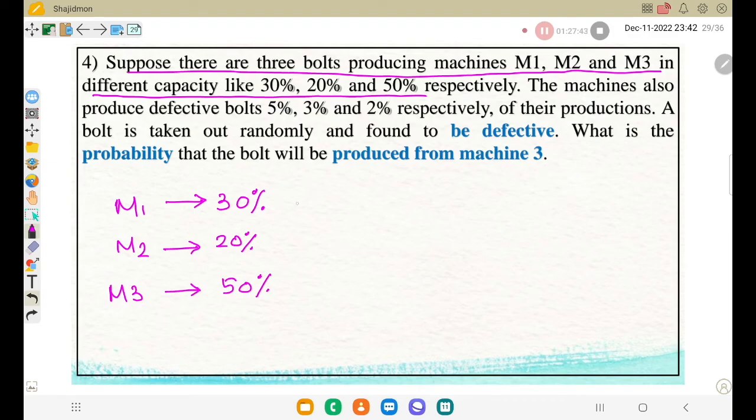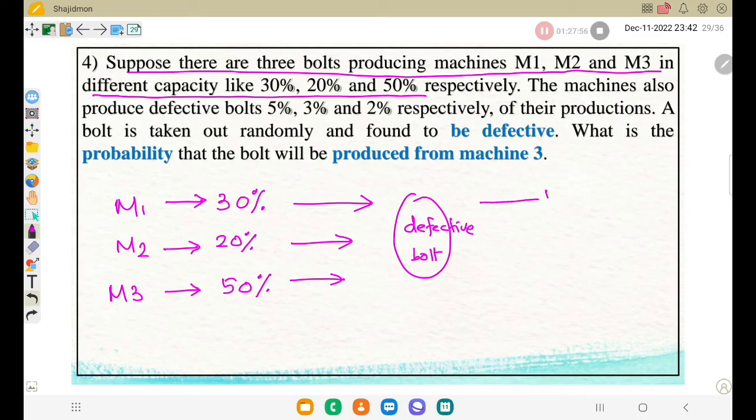The machines also produce defective, not good, bolts: machine 1 5%, machine 2 3%, machine 3 2%, same as the previous question,